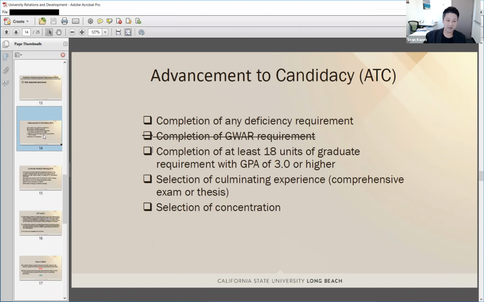So try your best to complete 18 units, and after completing 18 units, not while taking the 18 units in total, you can contact the EE department office to get some guidance about submitting the ATC form. Also, please make sure that your GPA is equal to or greater than 3.0.